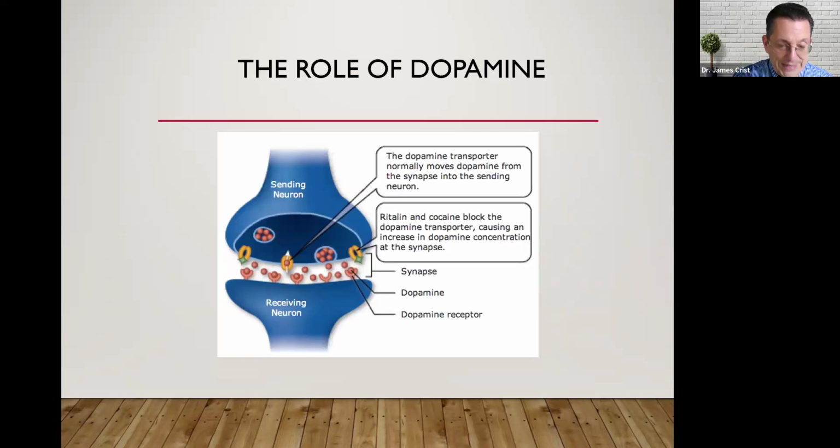So let me talk a little bit about dopamine. Dopamine is one of the chemicals that is involved in ADHD. It is a neurotransmitter. It's in the brain. It helps things be rewarding. And one of the theories about dopamine and ADHD is that people with ADHD may have lower levels of dopamine in their brain, okay? And so what happens is when you have those lower levels, things are less rewarding because dopamine makes you want to do stuff. And so one of the things that we do in terms of treatment is that we want to try to make the dopamine work harder. And so when you make it work harder, you try to correct for that dopamine deficit, which makes things more rewarding to kids.